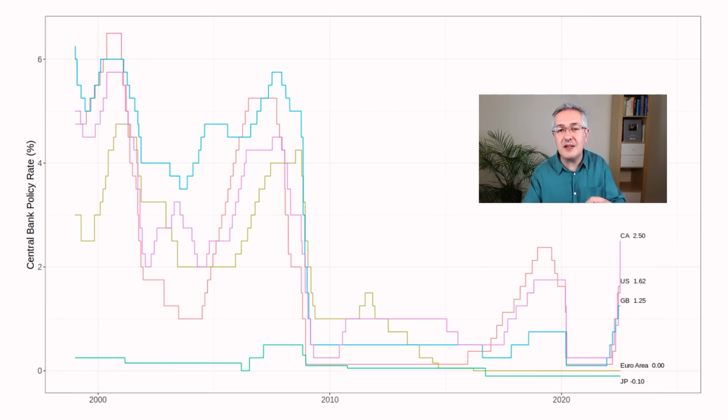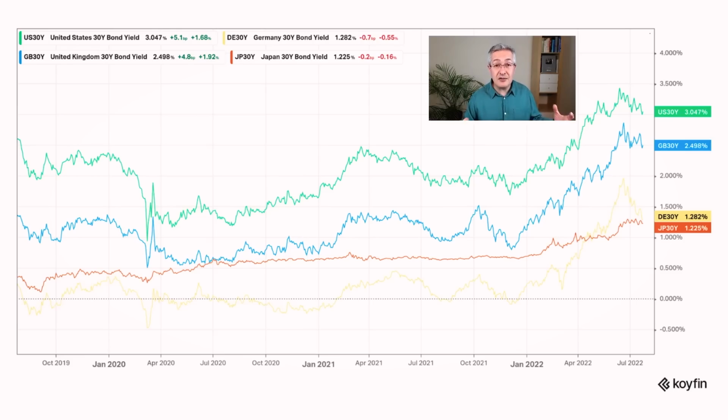So this is just the short end of the interest rate curve. That's what monetary policy determines. But if we look at the long end of the interest rate curve, so here we're looking at 30-year US Treasuries, but also 30-year UK gilts, 30-year German bunds, and 30-year Japanese government bonds. Notice how the US yields are the highest of all of them. So US yields, as I make this video, are over 3% versus 2.5 for the UK, 1.3 for Germany, and just 1.2 for Japan. So at the long end of the curve as well, you can see that greater growth is priced into the US curve. And in turn, that attracts capital to the United States and strengthens its currency.